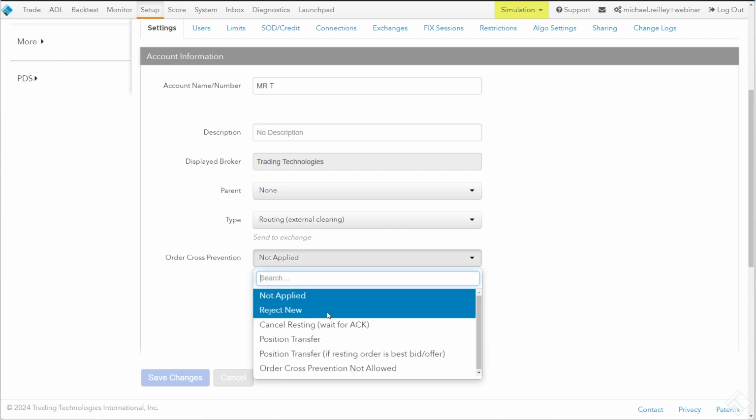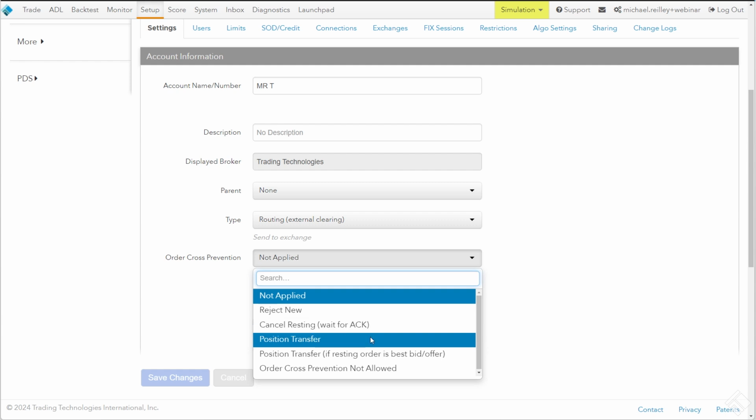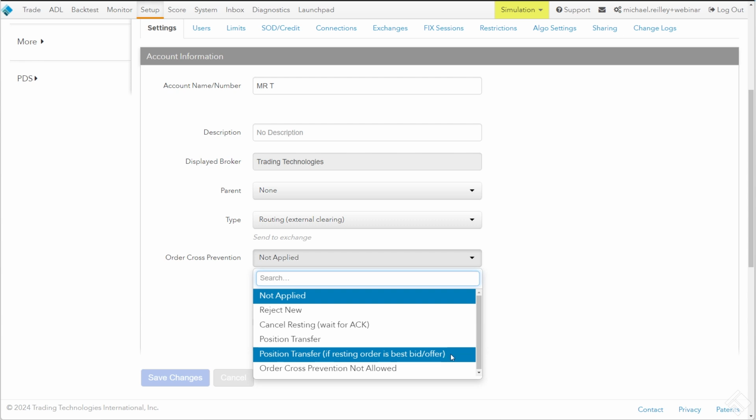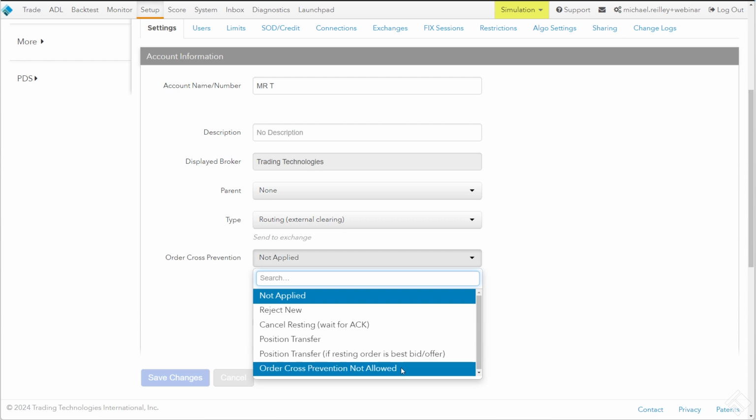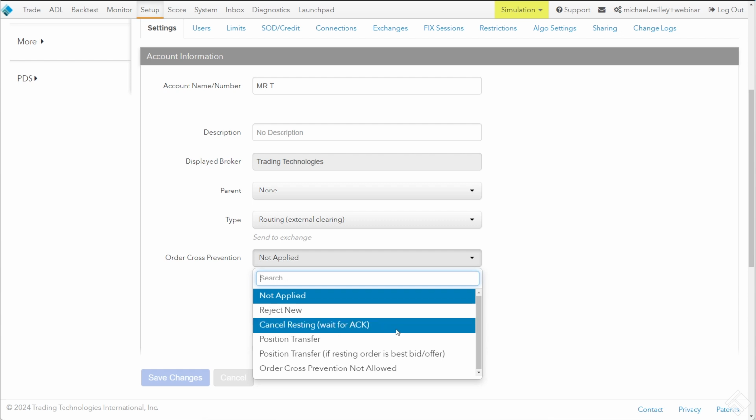However, I can set this to reject new, cancel resting after waiting for the ACK from the exchange, position transfer if resting order is the best bid or offer, or order cross prevention not allowed. So reject new: if the market is 5.6 and there is a bid at 5, reject new would not allow any sell orders to go in at that price of 5. Cancel resting, again, if you are bid at 5 and a sell order comes in at 5, that would cancel the order